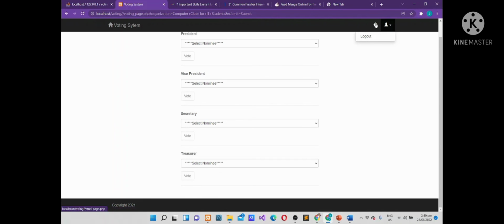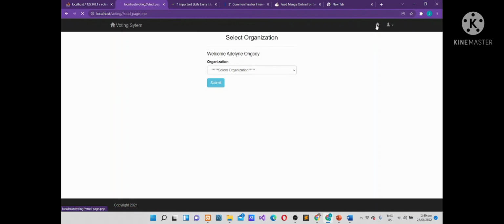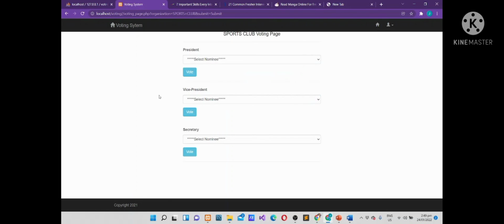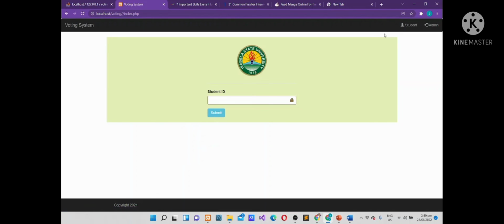And now guys, if you want to vote in another organization, just click this dashboard, then go to the organization, select some organization, click submit. Then if you finish voting, just click log out. Then that's all. Thank